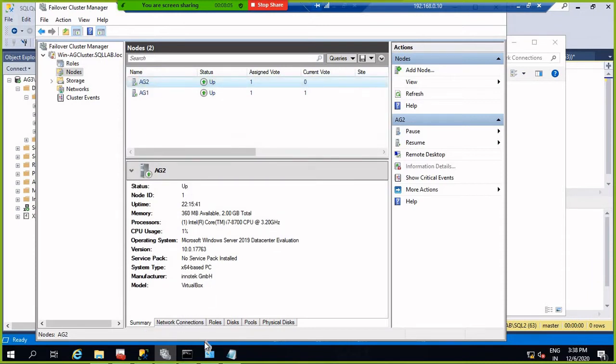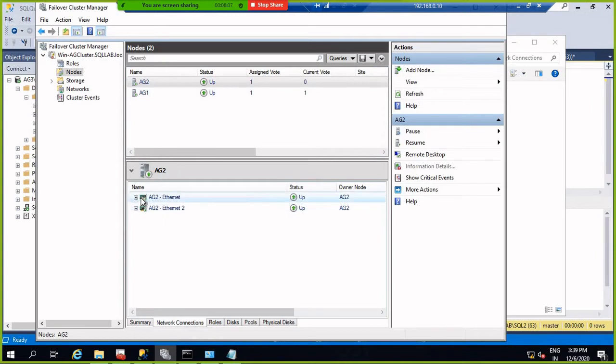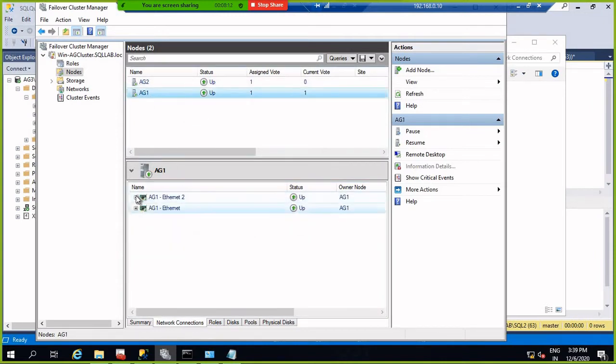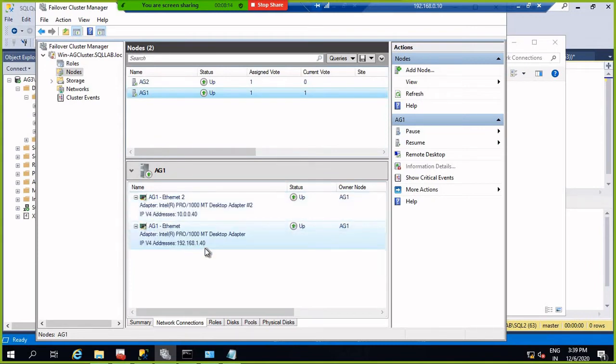If you come to the network connection, you can find the IPs: 41 here, and 40 and 40.